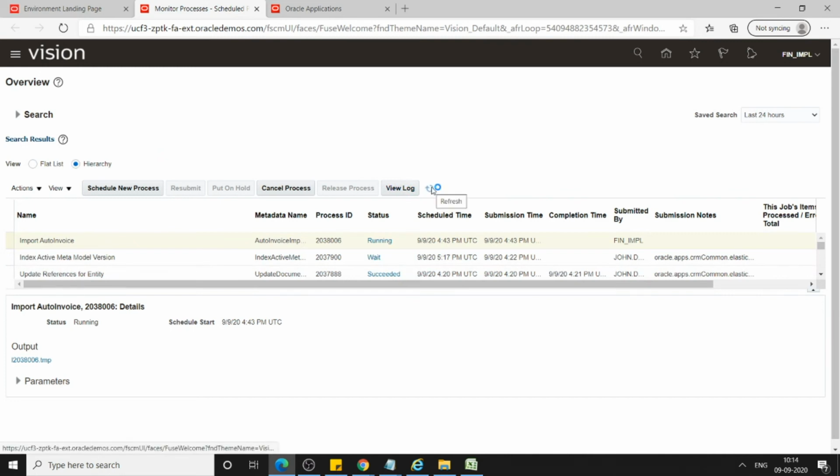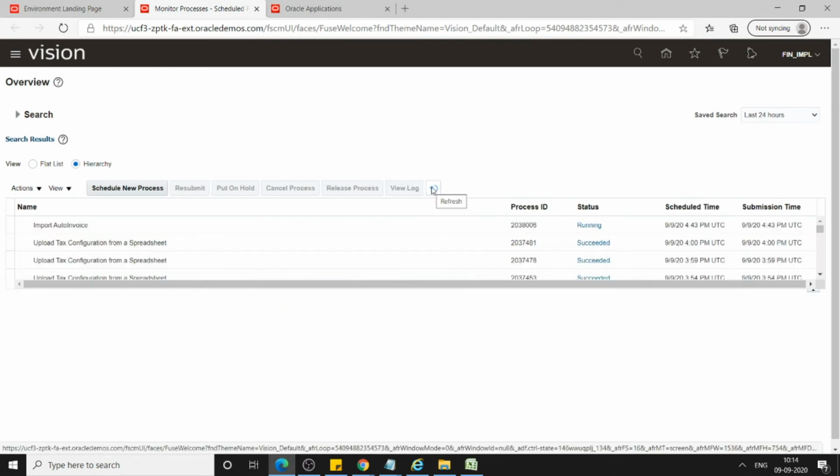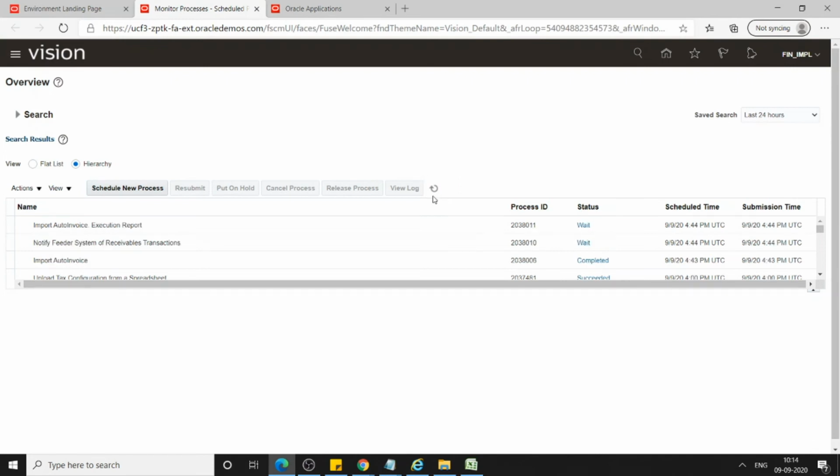Refresh. When you refresh, you see this import auto invoice is completed. It triggered two more concurrent programs, one of which is notify feeder system of receivables transaction.